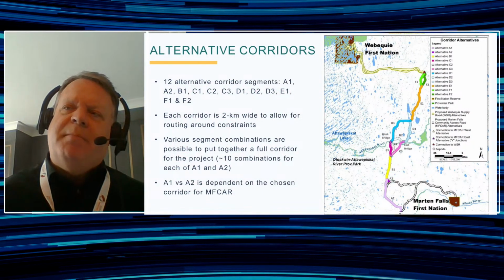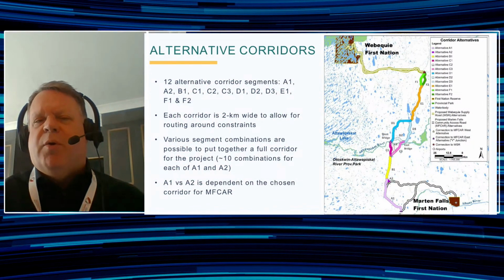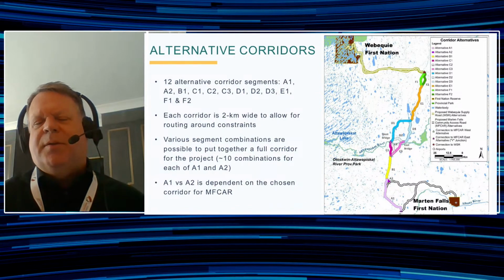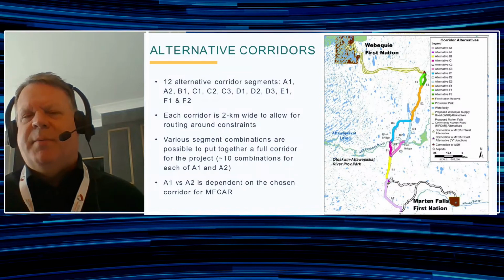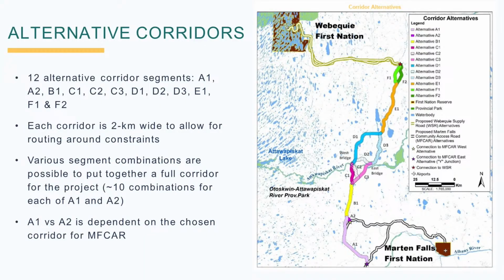So in terms of, I mentioned earlier, alternative corridors and how the road could vary in length between 117 kilometers and 164 kilometers. It really just depends on which segments are chosen as part of the final preferred alternative. Right now we have 12 alternative corridor segments, and you can see them on the map on your screen right now. When we talk about a corridor, what we're talking about is an area that's 2 kilometers wide, within which the final route will be